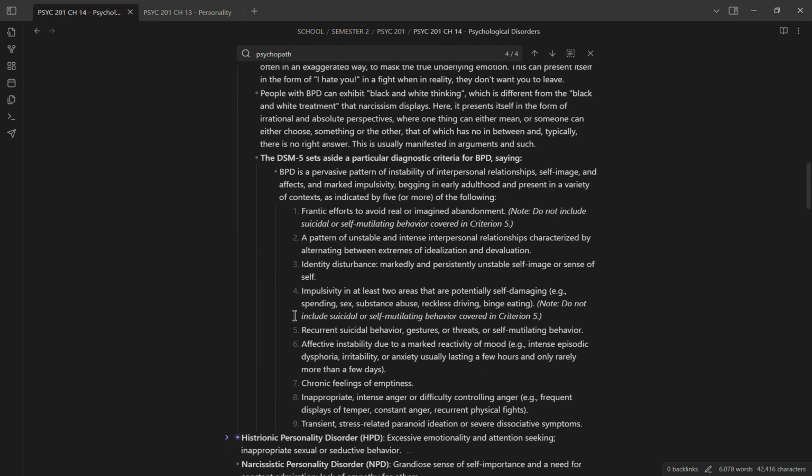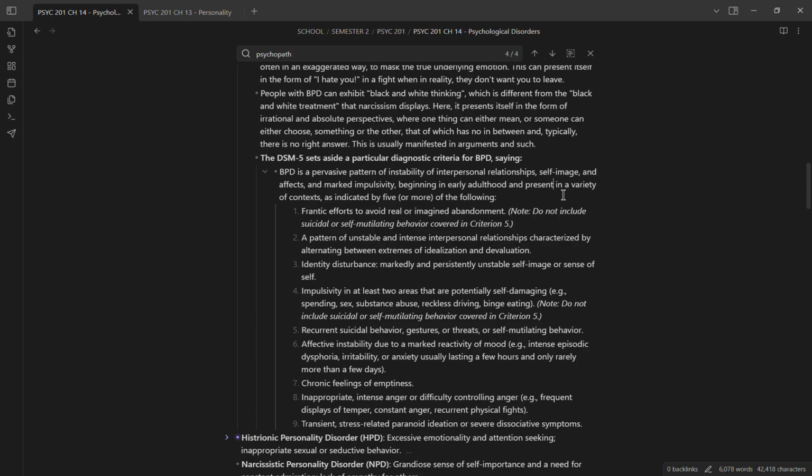The DSM-5 sets aside particular diagnostic criteria for BPD, saying that BPD is a pervasive pattern of instability of interpersonal relationships, self-image and affects, and marked impulsivity, beginning in early adulthood and present in a variety of contexts, as indicated by 5 or more of the following. Frantic efforts to avoid real or imagined abandonment, a pattern of unstable or intense interpersonal relationships characterized by alternating between extremes of idealization and devaluation, identity disturbance, which is markedly and persistently unstable self-image, impulsivity in 2 different areas that